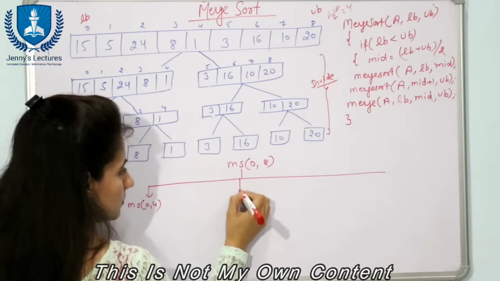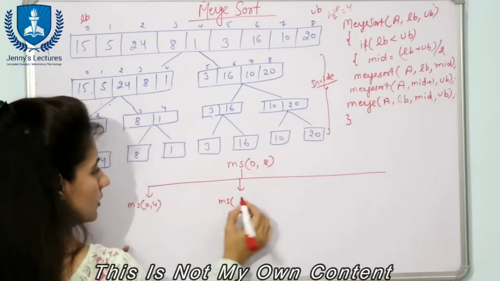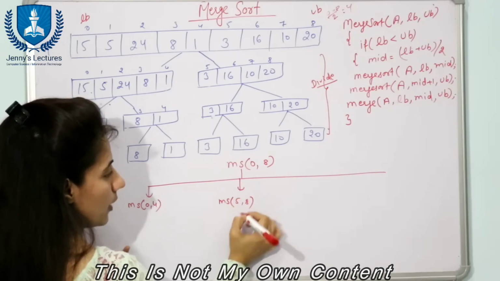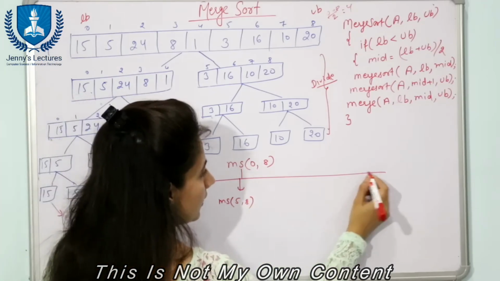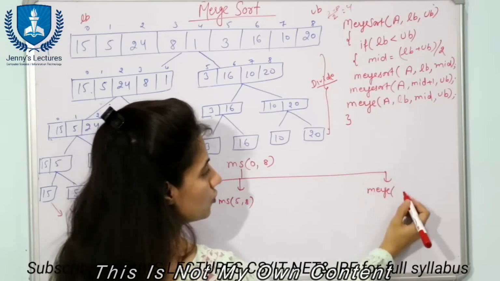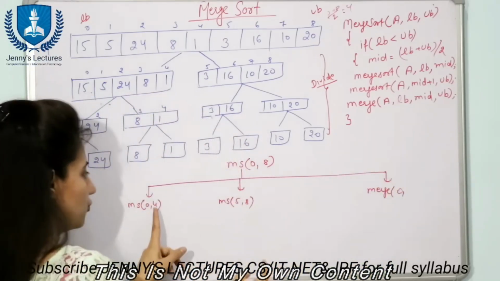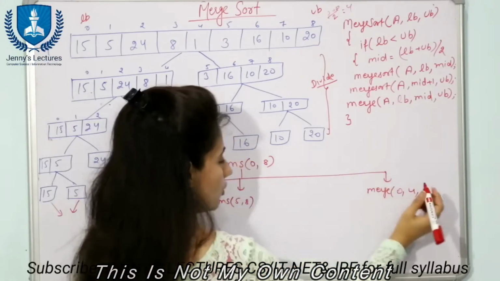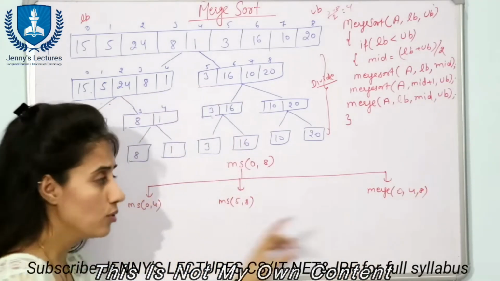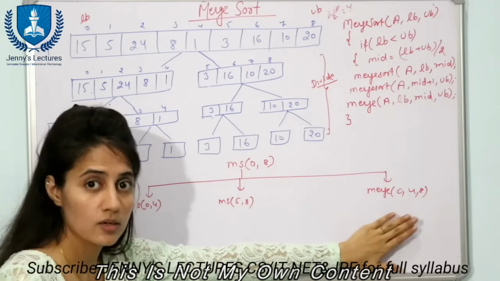Again, second is merge sort mid plus 1, that is 5, to upper bound 8. And next is this merge, which would be lower bound 0, mid 4 and upper bound 8. From 0 to 4 and 5 to 8 we are going to merge these arrays, but after sorting of these